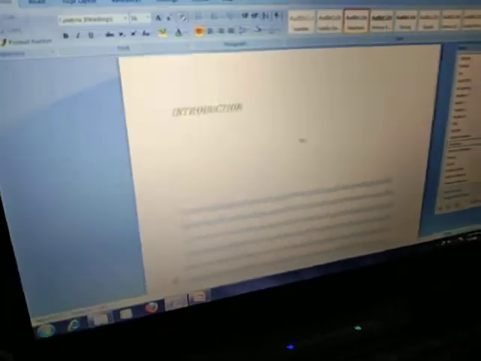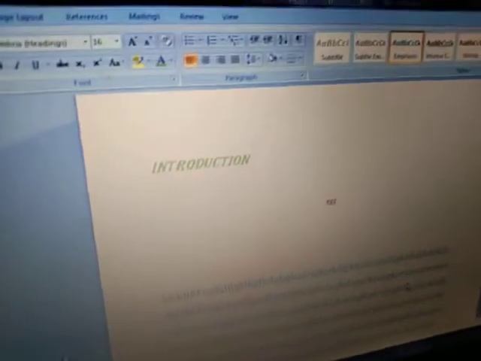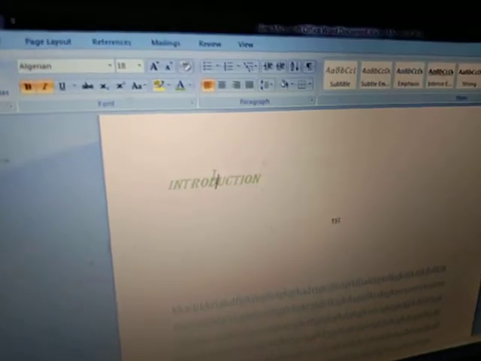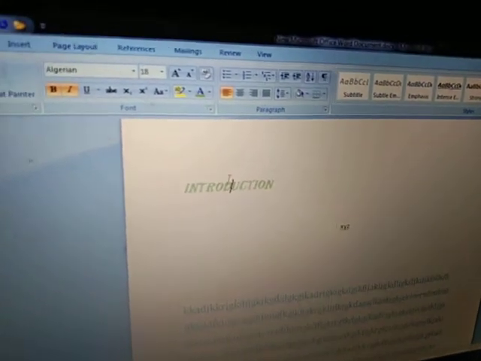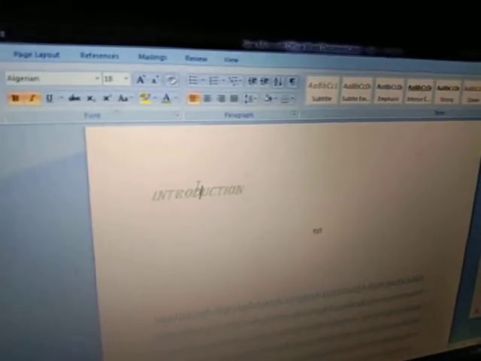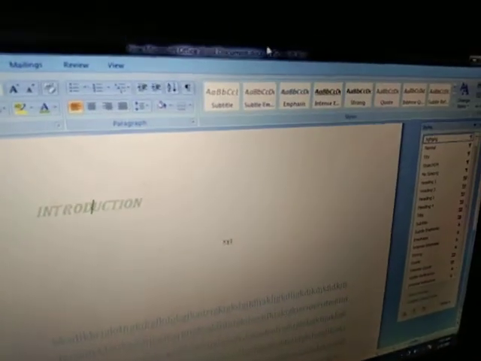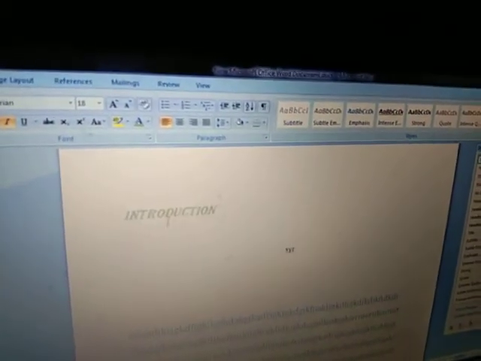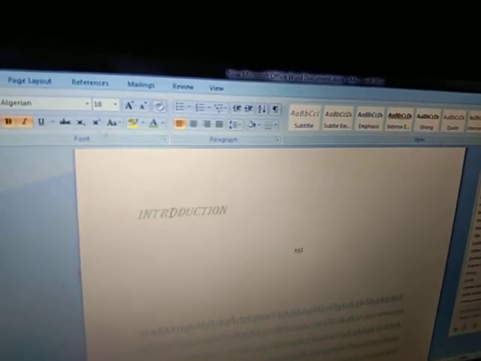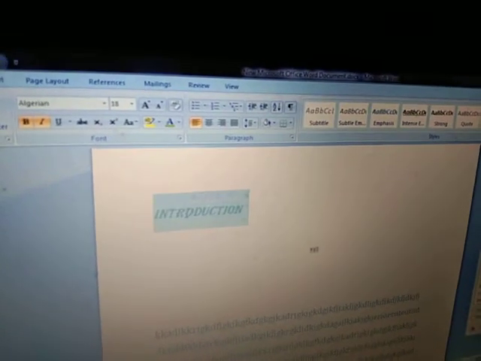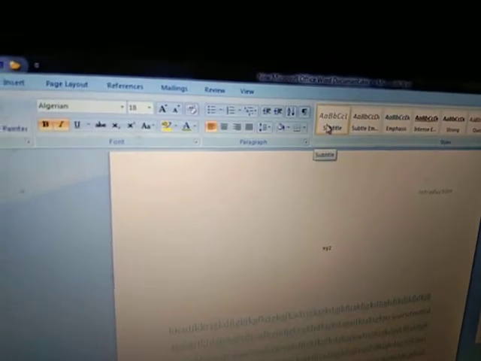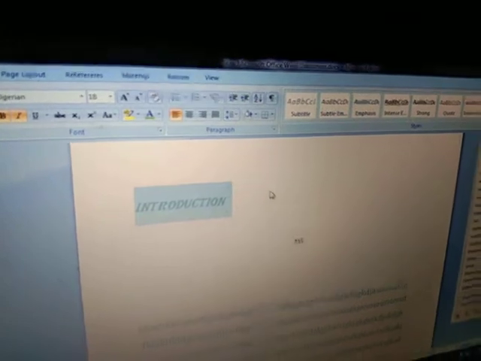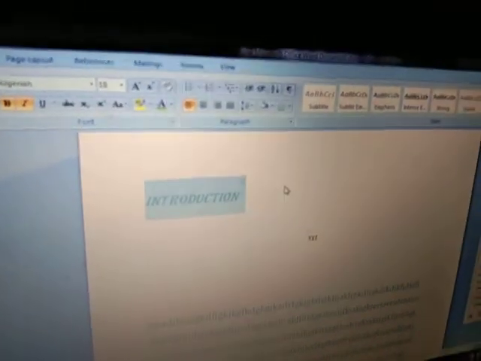Children, look, ma'am, this content is very good. Okay, I like this color also, and I like this size also. I want to modify this style. This style I am not liking. Whatever the features this text is having, I want to apply these features on this text also, on this style also. Okay, it means it is an already inbuilt style. I want to do the changes in that style.